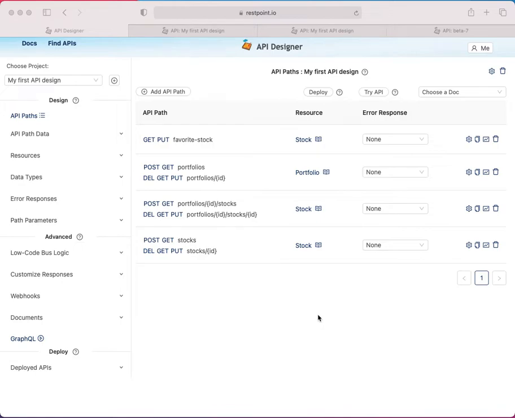Welcome to another demo of RESTpoint. Today we're going to take a look at adding a webhook. Whenever we add a new stock to our list, we're going to send a webhook that sends a notification